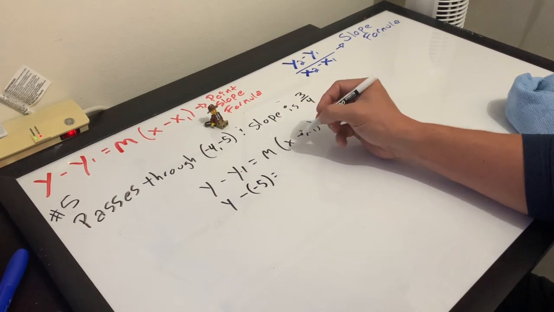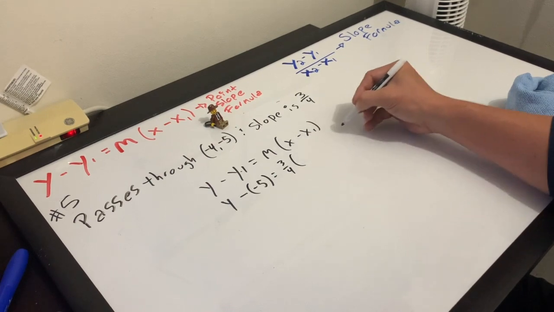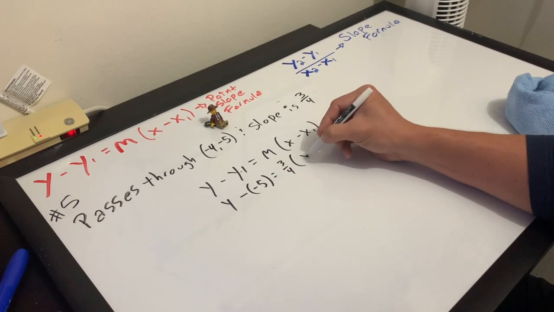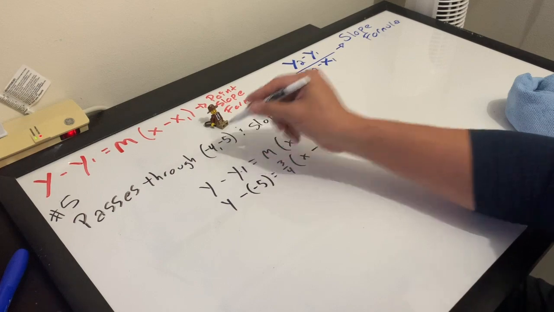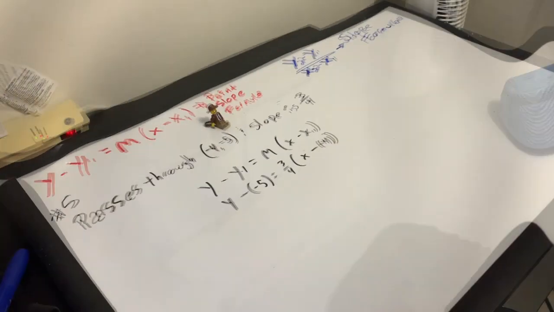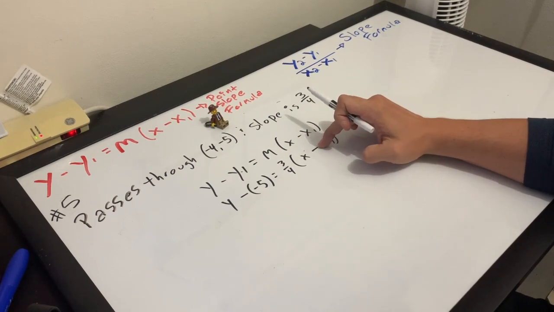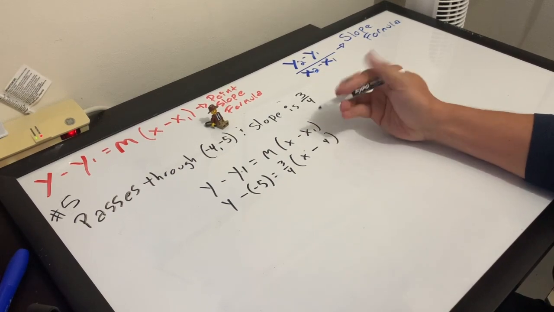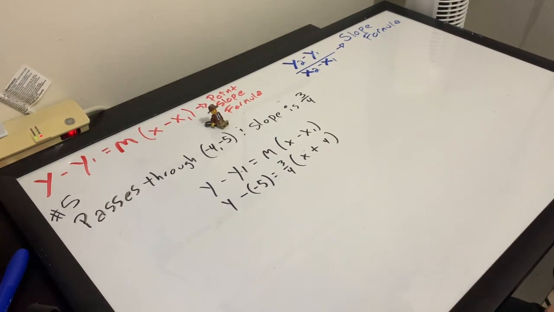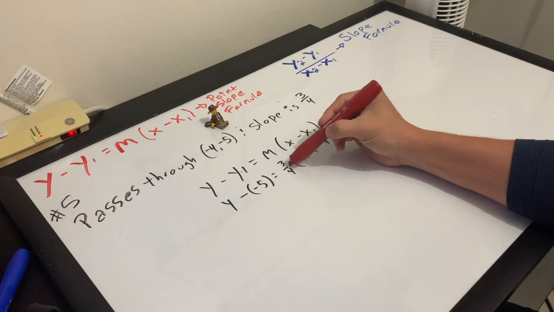Don't forget your minus sign. Go from there. I'm going to change my minus a negative 4 to adding 4, and then I'm going to pay attention to distributing my fraction number, 3 over 4